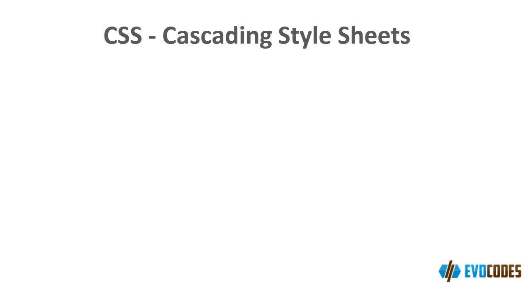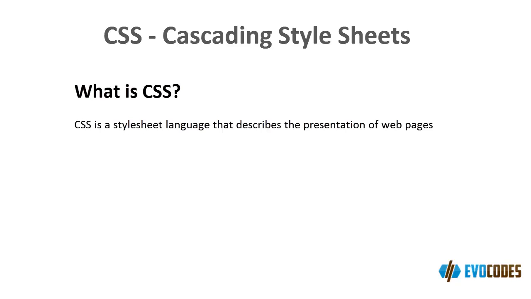So first, let us know what is the full form of CSS. The full form of CSS is Cascading Style Sheet. Here, style sheet means providing design or look to the various documents, and cascading means that its rules cascade each other. Now let me make you know what CSS is. CSS is a style sheet language that describes the presentation of pages.